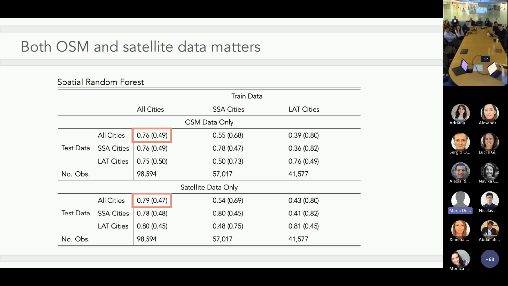Now, of course, if you only use one set of features, you get a lower predictive power overall. So we're focusing again on the outlined figure there. And so we see about 0.76, 0.79. So actually, they both do about the same, which was a little bit surprising to us. And then when you add them together, in the previous model we saw, you get this really high predictive power. But when they're just used separately, you still get a very high predictive power and about equal for both, which is very interesting. So this is telling us that both matter in the prediction.